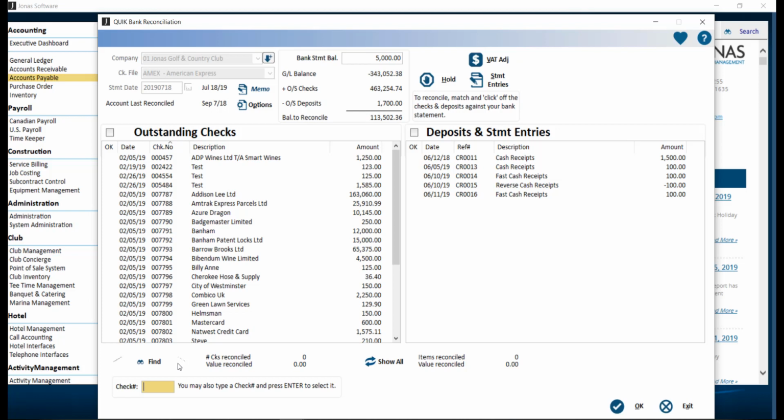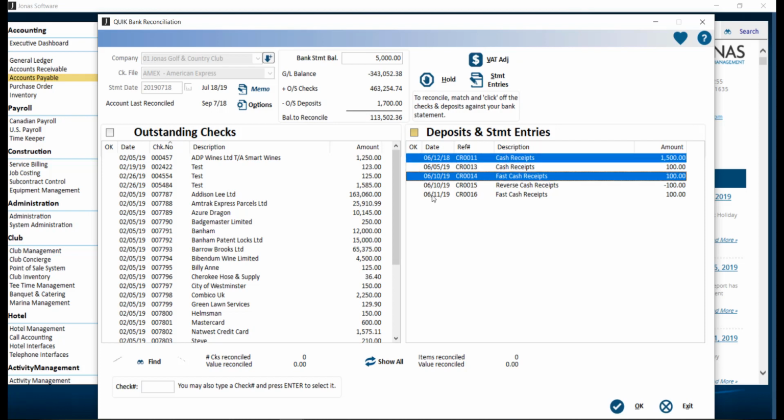The screen is split into two main areas which detail the unreconciled items: outstanding checks on the left, and deposit and statement entries on the right. A Y will appear next to flagged items, and there are multiple ways of flagging items as reconciled. You can double-click on an individual item. You can hold the Shift key to select multiple items, and click Enter. Select the Check All or Uncheck All button, or select items throughout the list by holding down the Control key